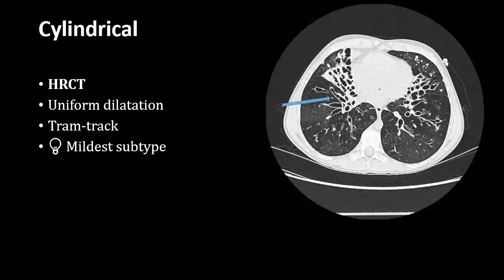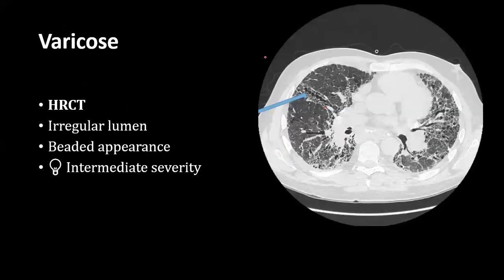So now first discuss cylindrical bronchiectasis, in which you can see that this is bronchiectasis, which is usually large and right with bronchial wall thickening also seen and giving a tram track sign. This is a tram track sign typical for cylindrical bronchiectasis, and usually it's the mild type, and the most severe is cystic bronchiectasis, right? Next is varicose bronchiectasis, in which you can see a beaded appearance and irregular lumen of